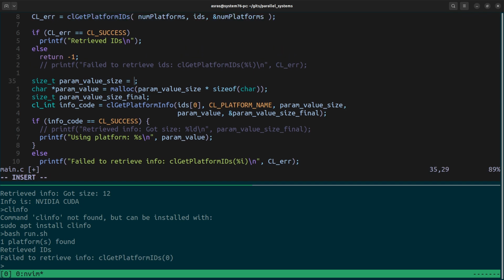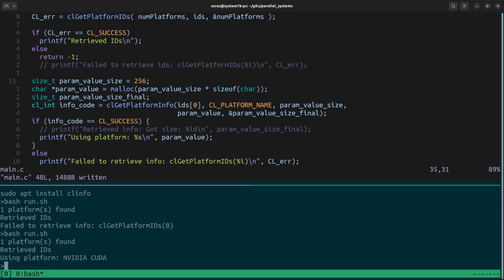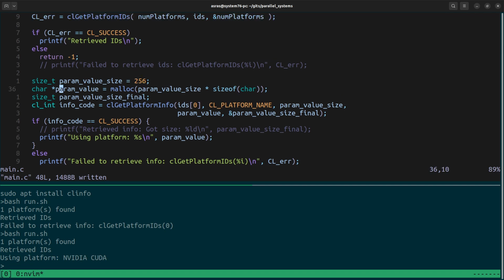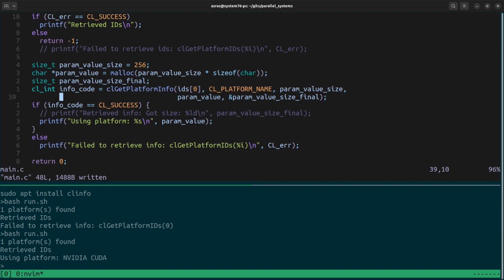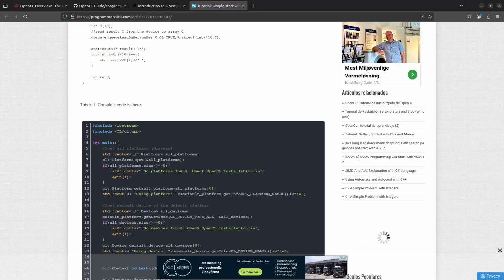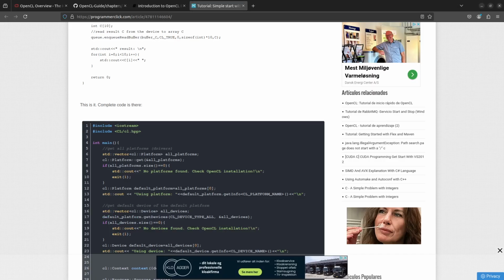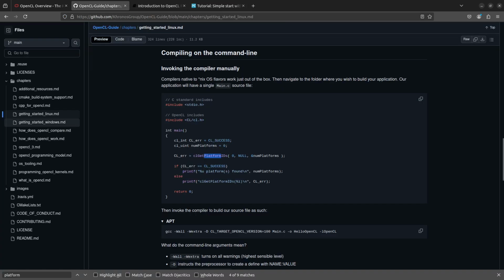Maybe this was too short. Let's make it a little bit bigger. Okay, yeah, so this is like the number of characters, which was more than 10. So we use CUDA, and then we need to get a device. So maybe I do want to go back here and say,